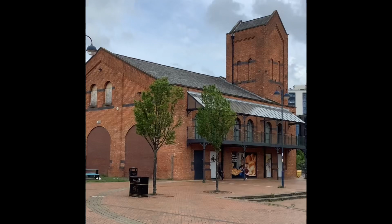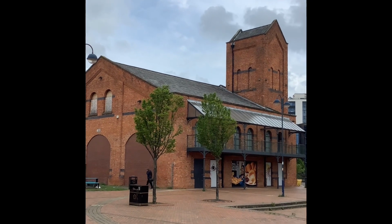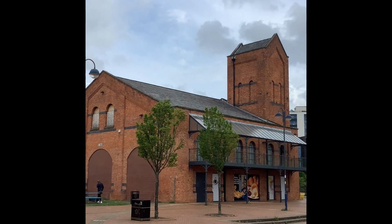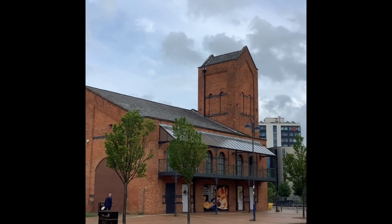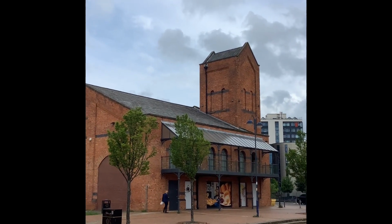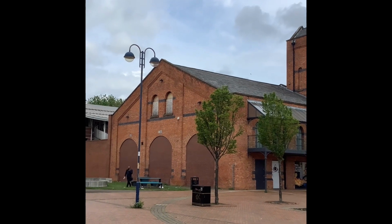Here in front of me was the old hydraulic engine powerhouse that supplied power to the railway, the Great Central, and this is one of the few buildings that still stands on Bede Island. A lot of the rest of the structures have been built upon. It was a pub at one time, it's now a supermarket, and a lot of the local area is being swallowed up by university buildings,